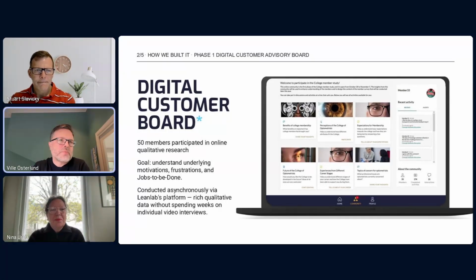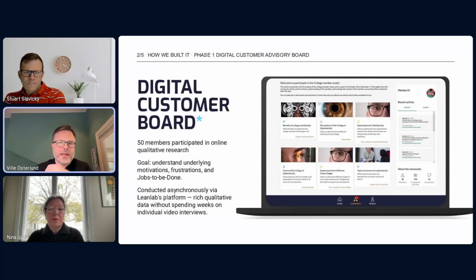Yeah, exactly. I'll just add briefly. This is the Leanlab platform, what we interchangeably call customer lab or customer advisory board. But the beauty here is that the members were able to participate async across the UK, so they didn't require a specific time to join in for qual. They could just take part in qual discussions, without anybody being required to be in the same room. And was it so that your team ran 6 different discussions, covering benefits of membership, expectations, to the future?